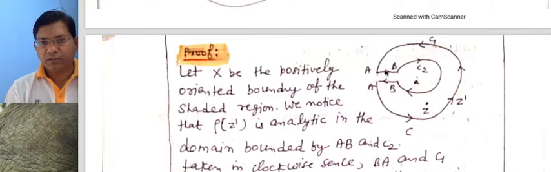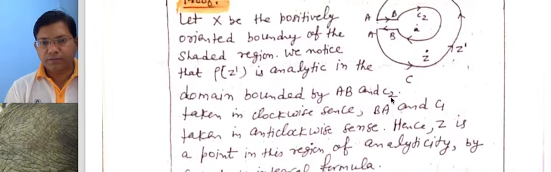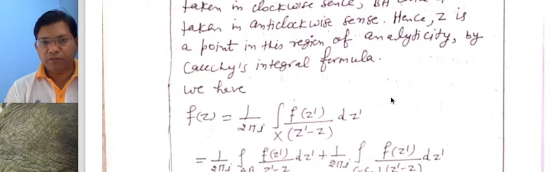If this is the closed path like this, then we can apply here Cauchy integral formula, and by applying it, f(z) equal to 1 upon 2πi integral over closed path x f(z') upon (z' - z) dz',